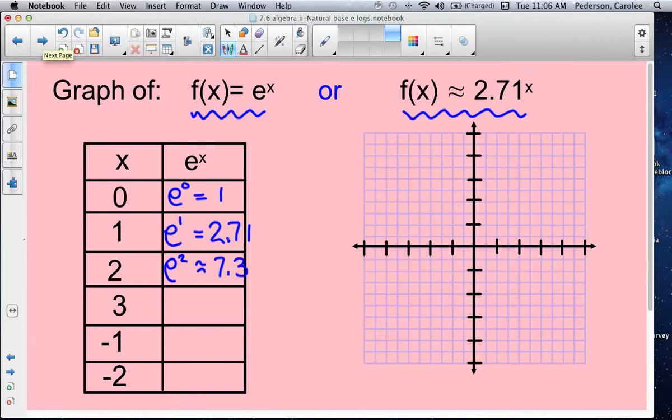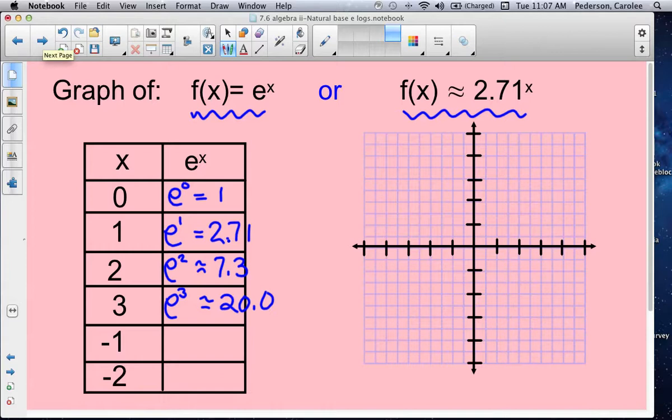Now substitute 3 in for x. That represents e cubed. So that's e raised to the 3rd power, or e times e times e, or 2.71 times 2.71 times 2.71. In your calculator, you would get approximately